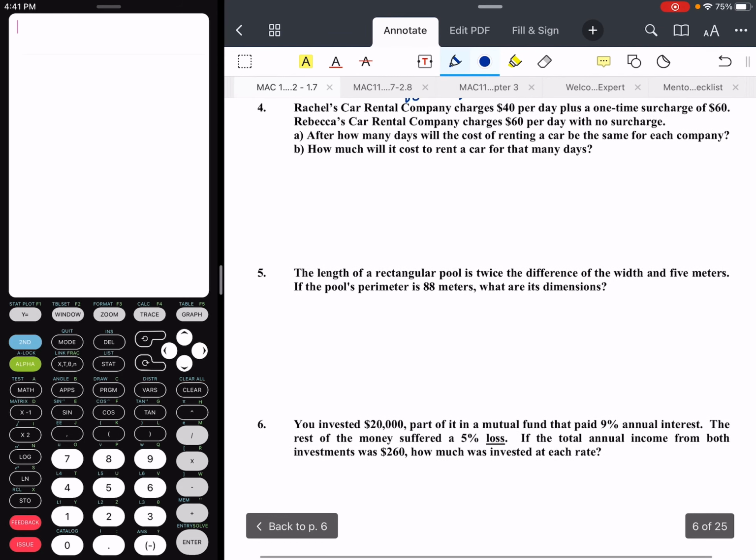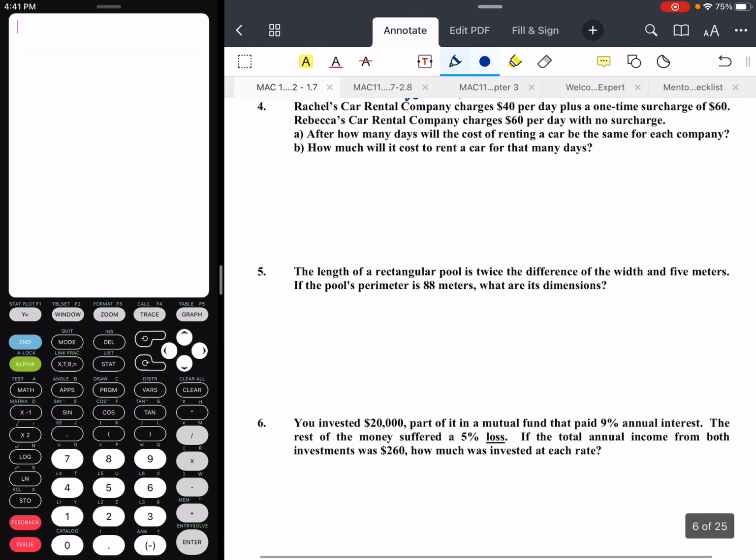Number 4, there we go, in our word problem section. All right, so this says Rachel's car rental company charges $40 per day plus a one-time surcharge of $60. So $40 per day, that's going to be variable based on the number of days, and then the flat fee of $60. Rebecca's car rental company charges $60 per day, so that'll vary based on the number of days with